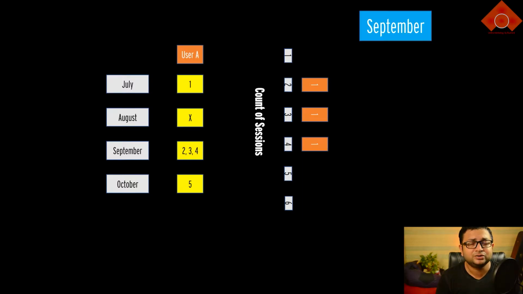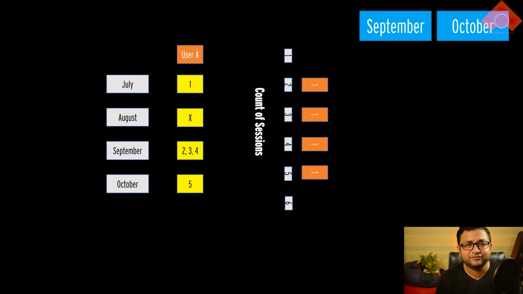And if you were to see a period between September and October, right, you would find that the second, third, fourth, and fifth blocks are included, and all of them have a mark 1 over there, right? It makes sense. This is a very important thing to understand over here. It's the count of sessions, and it's not the aggregate number of visits. Aggregate number of sessions is not shown over here. It's the count of sessions, right?